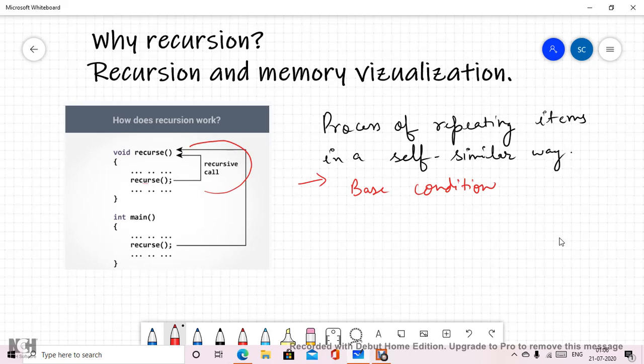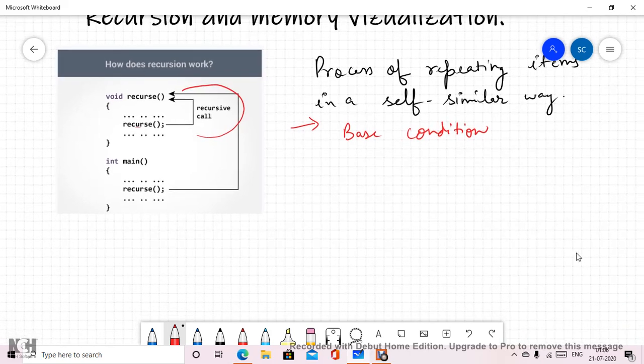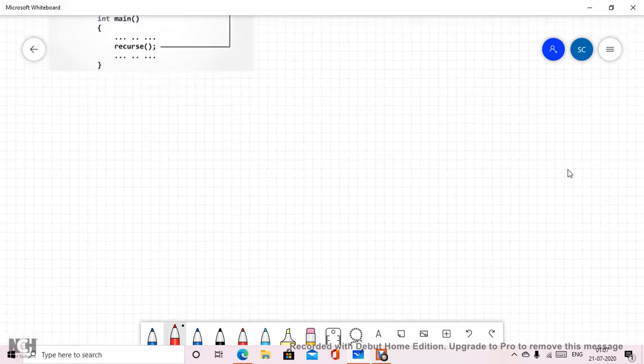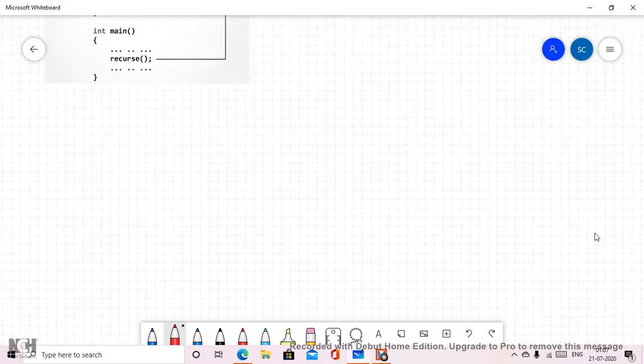Now, when we say why recursion, we need to understand that there are two ways: either we use the iterative loops or we use recursion. Always understand that recursion makes a program elegant.